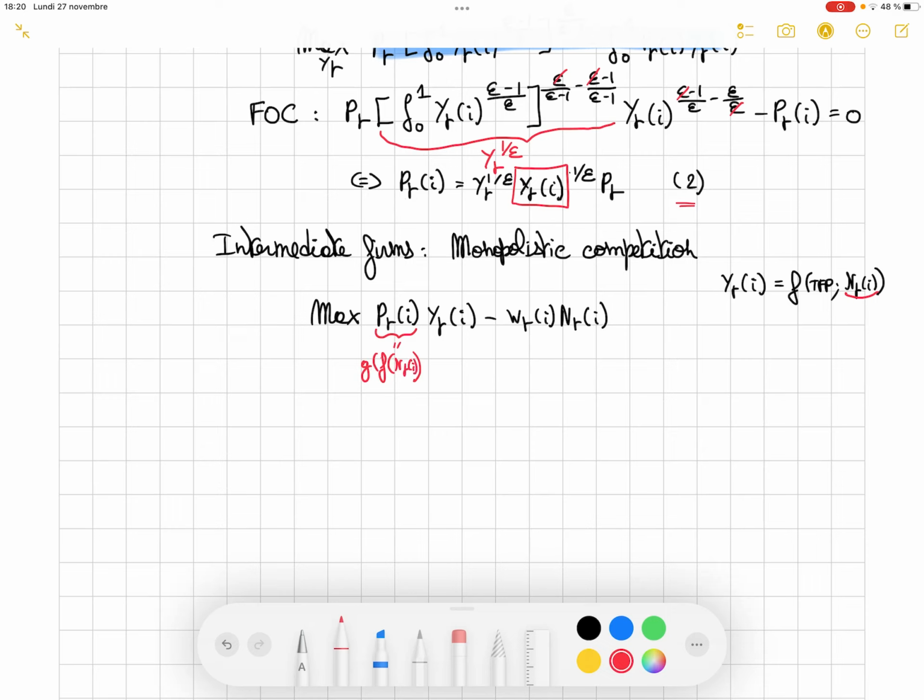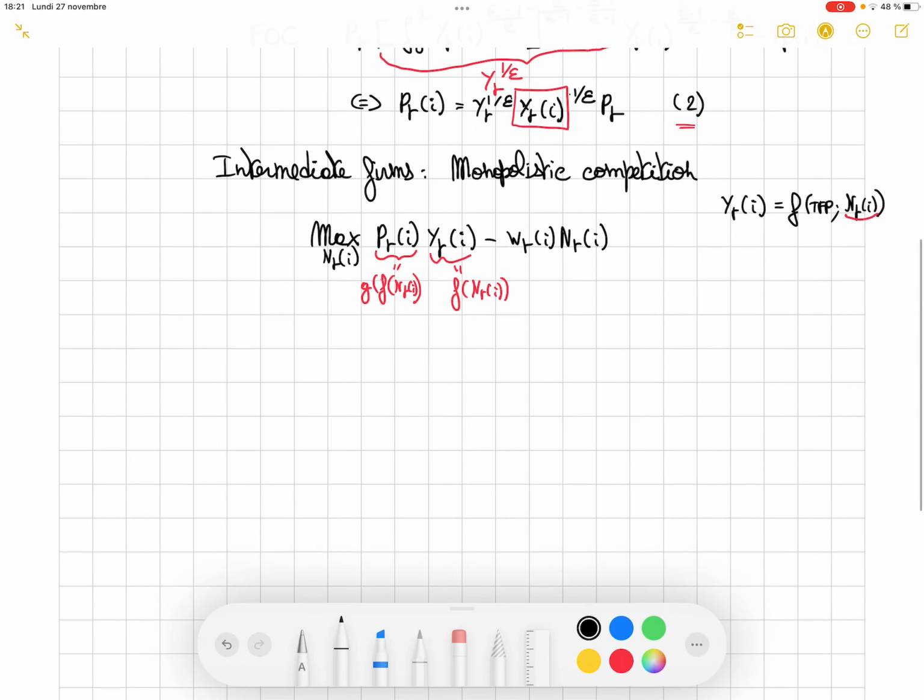Okay, so that means that at the end of the day I only have NTI in the decision of the firm, right? So we can reduce this problem, where the firm was choosing the quantity and the price, taking into account that by changing the quantity she also changes the price. We can reduce this to a choice of the labor allocated in this equation. Okay, the optimal labor that she fixes at the end. Okay, so that's how it works.